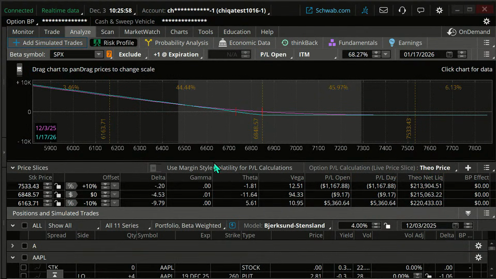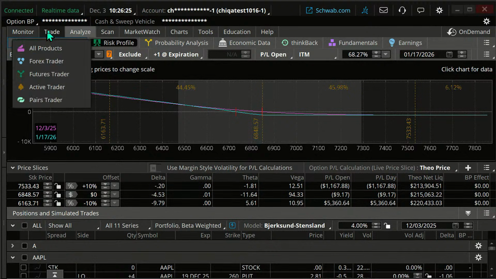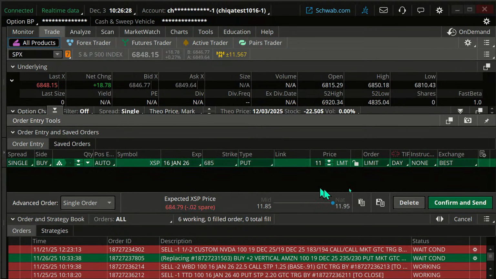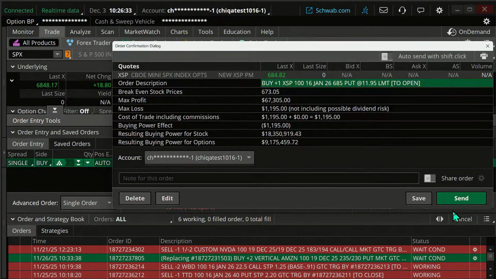Now, is it going to have some negative effects? Well, it's going to have some negative effects. It's going to bring in some more negative theta. And it's going to have more positive vega. That's not necessarily negative. It just depends what I want. But the theta, negative theta is not what I want. But one of the prices you pay for a nice big delta impact is that negative theta. Okay, so let me go here. I'm going to trade this. I'm going to confirm and send, and I'm going to send this.